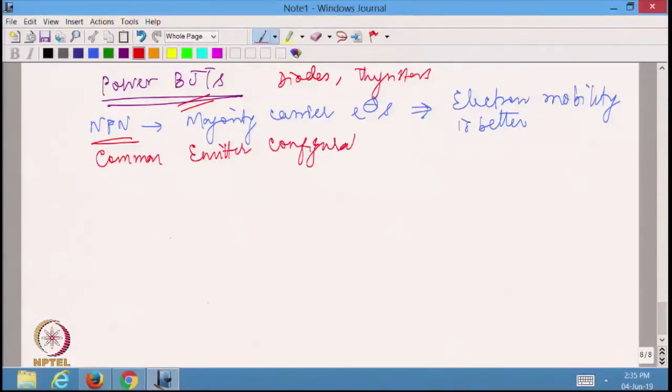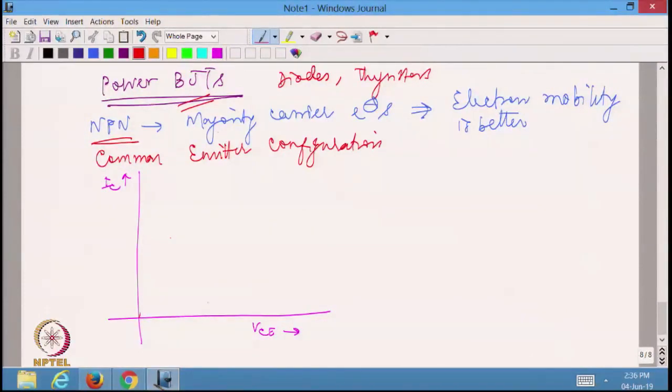where I am going to give a base drive, and normally you must have known that transistors have 3 regions of operation. One is going to be cutoff. Let me just draw how the transistor characteristics are. IC is plotted with respect to VCE. This is how the transistor characteristics are.